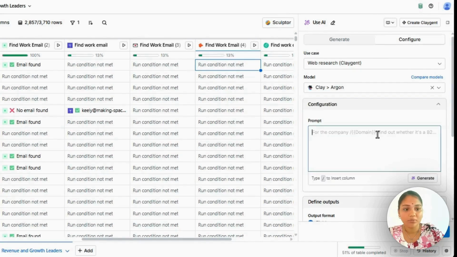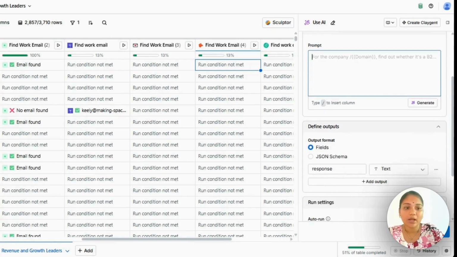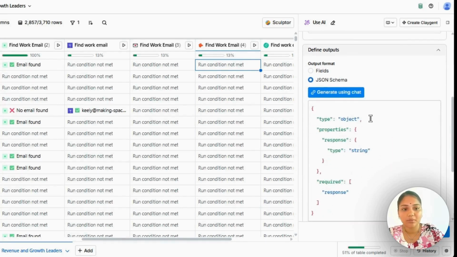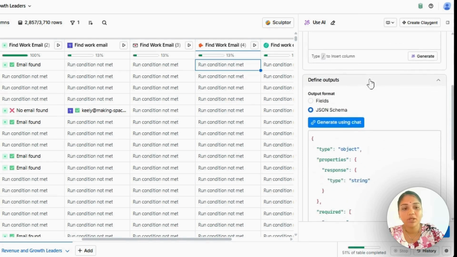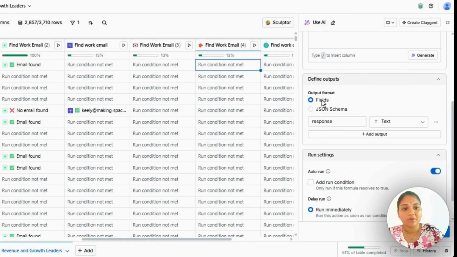And you can write the prompt, describing how you want the email copy to look. After adding the prompt here, you have to add the output format, which is the fields, like a response or text, like email one text, email two. The type of output can be text, number, or true or false, so if you want anything, you can add that here. If you need the output in JSON format, you just need to give the JSON schema, and you can generate it based on the prompt here. Once you have entered the prompt, you can generate the JSON format based on the prompt. It will show the option. I'm just leaving this as a field.